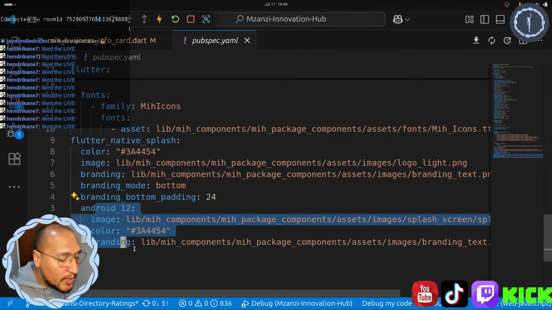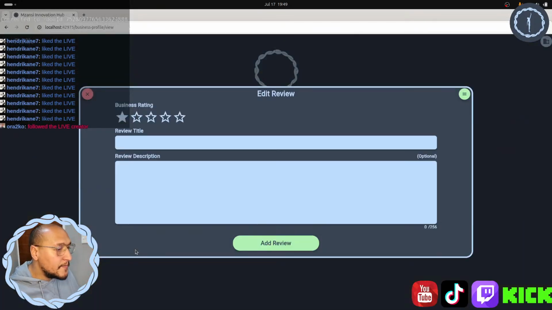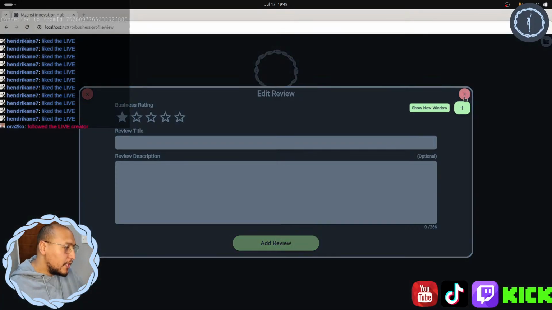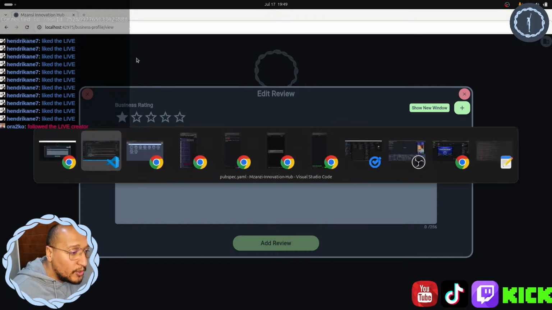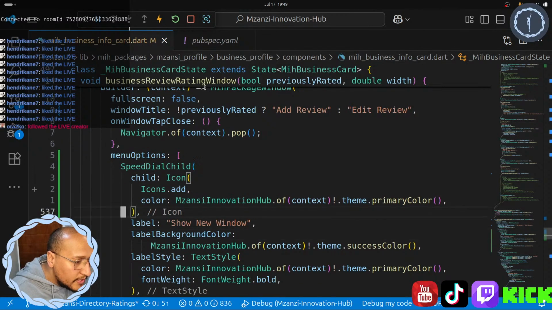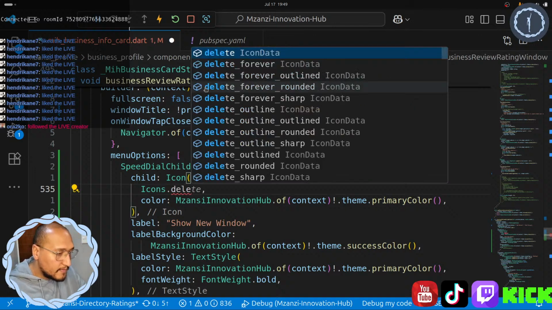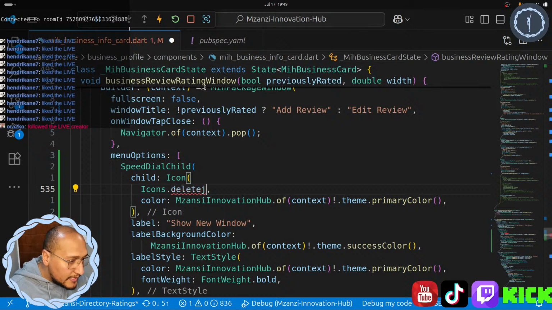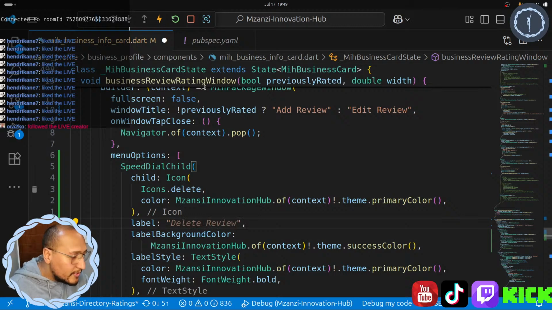But cool, yes, moving on to our code. So what I showed you earlier is we added a new menu button in. This menu button, at the moment, says show new window. But what I wanted to say is add or delete review and put a bin icon over there. So in order to do that, very simple. What we can do is head over here and scroll down to the bottom. So instead of the add icon, let's delete this and say delete. We'll use the standard delete icon. And over here, I'll change inside quotes. And I'll change this to, you see, Copilot is hooking me up with some hints over here.